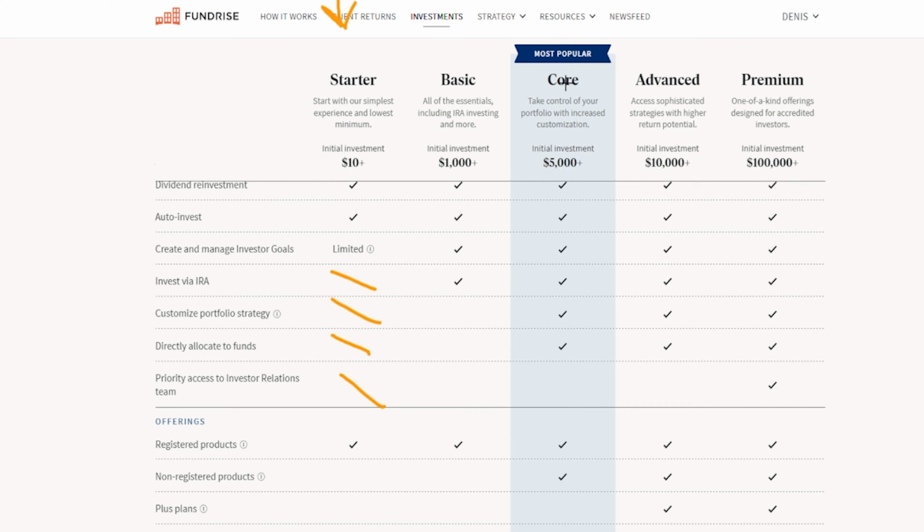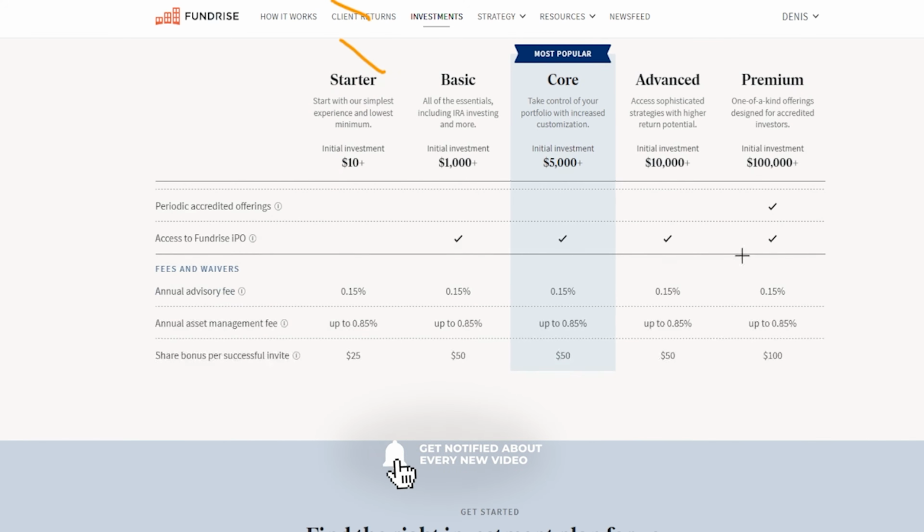important for you. Like the original membership we were going to have, which was the Core, allowed you to do an IRA investment, where this one won't let you do that. So again, something you can keep in mind. And then you can see all the different fee structures, which are effectively the same for the most part. The biggest difference is right here: when you invite friends to join in, you only get $25 versus